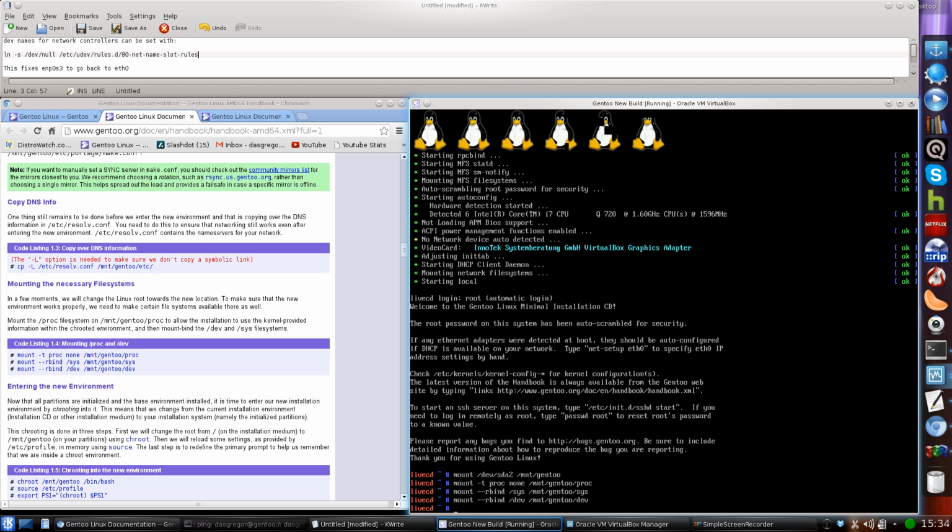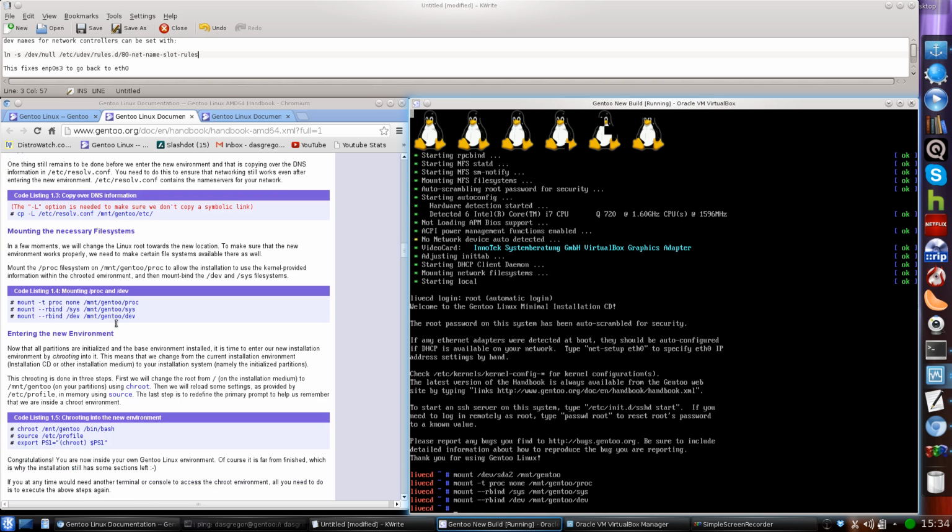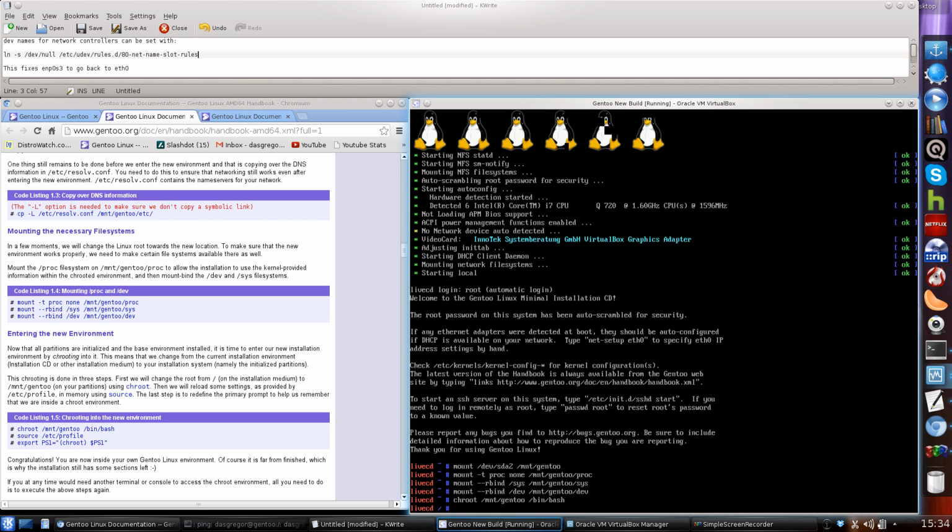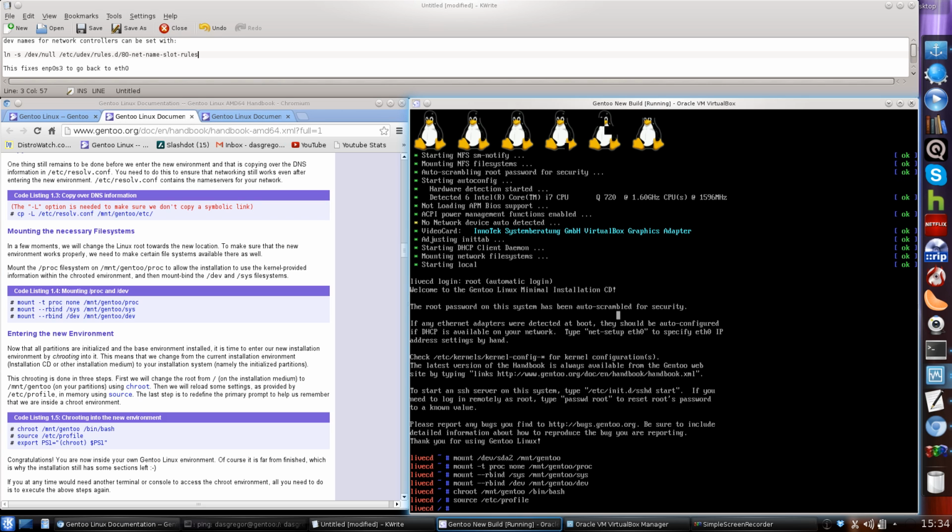So once we get into that, and then what we do here is we do that chroot command, and we chroot /mnt/gentoo /bin/bash, and the source. Of course, like I said, most likely a lot of this you don't have to do, but if you need to make sure that your system looks proper, it's always good to go through those 5 or 6 command lines. We're now into that, and we can do a password again